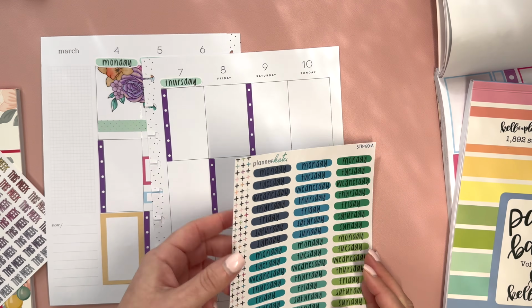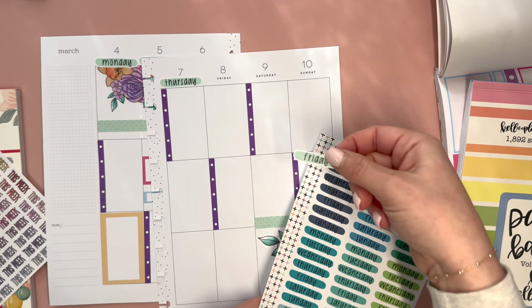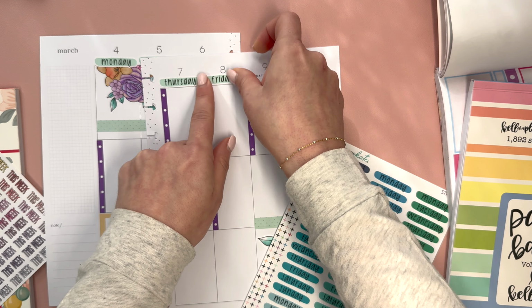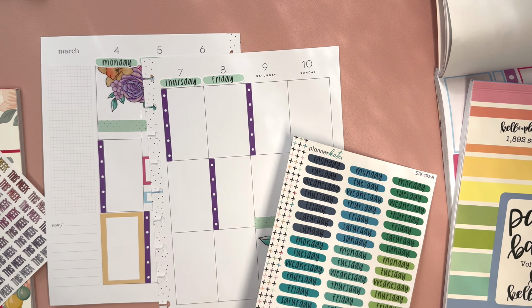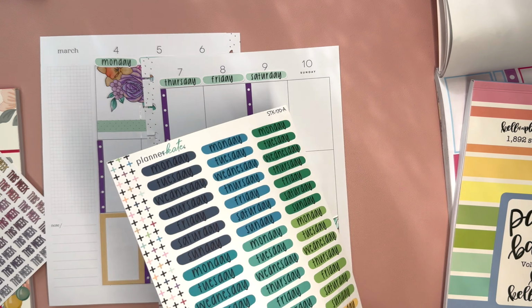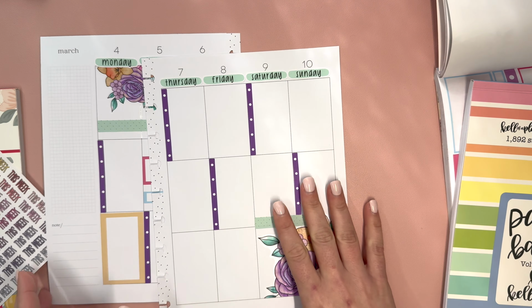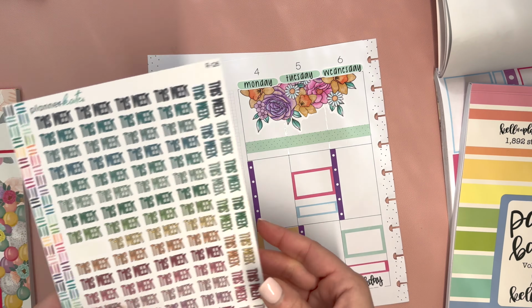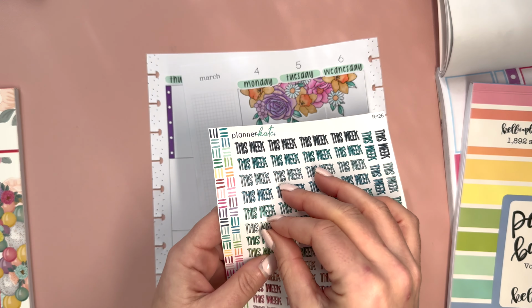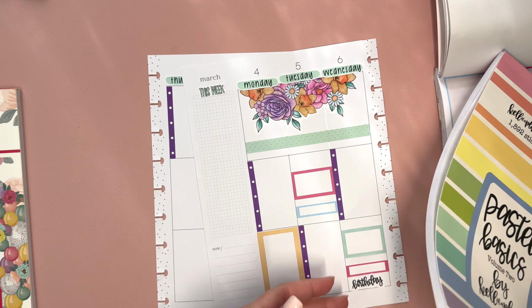And these come in a lot of different colors. They're one of my favorite. This page is the first time I've used this one, but the other colors I've used a lot of. You just add a little something to your spread. Saturday and Sunday. Okay, now I grabbed this week because I wanted kind of a this week overview, and then